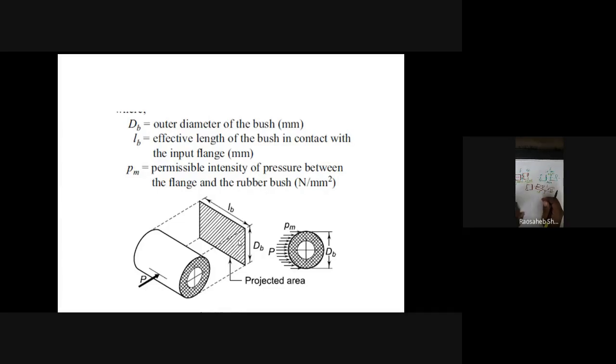That is the only design part in this bushed pin type flexible coupling. So in analysis of flexible coupling, it is assumed that power is transmitted by shear resistance. So couples due to resistance force with the torque, as in rigid coupling we have seen this diagram. So here I will draw that again. Once again I will draw